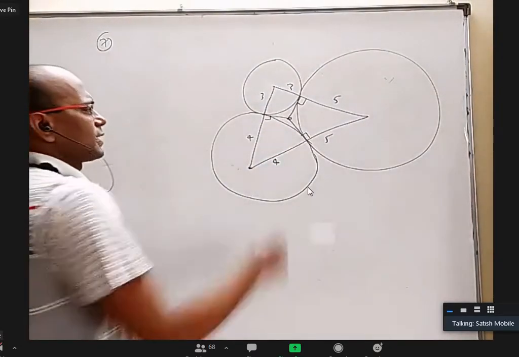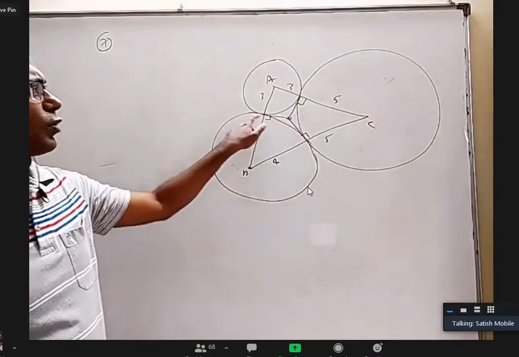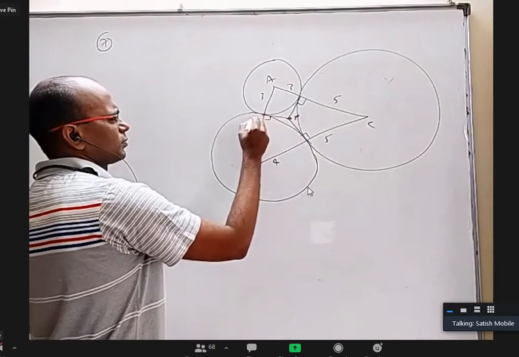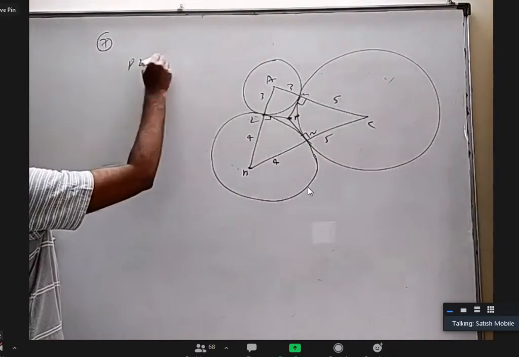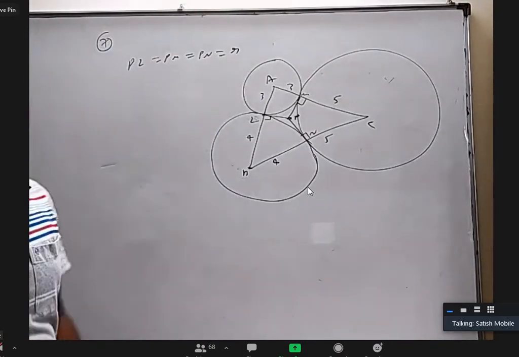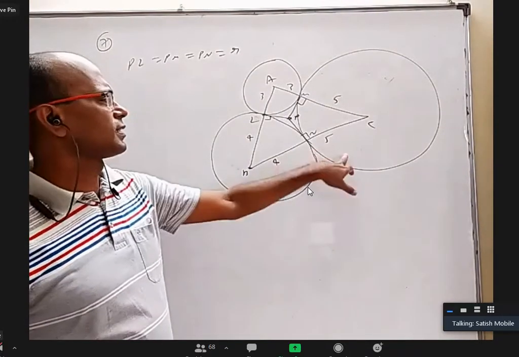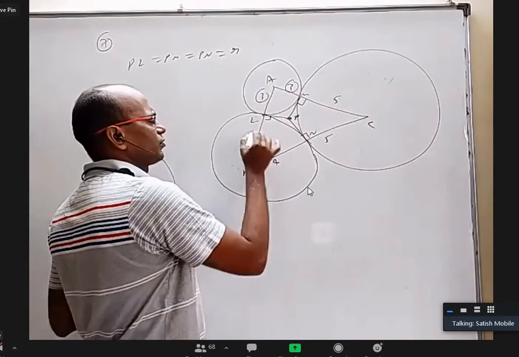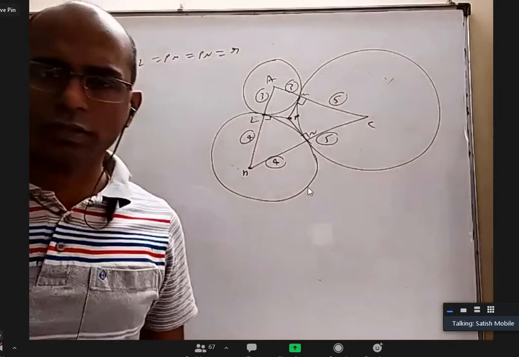Now, if it is the incenter, how to find the inradius? Because they wanted the square of this distance. If this is P and this is triangle ABC, let us say PL, PM, PN are all equal to the inradius, and that is equal to delta by S. I know what is A, what is B, what is C. A is 9 and B is this. Anybody want to tell what these 3, 4 and 5 are in terms of A or B or C or S or R or something like that?